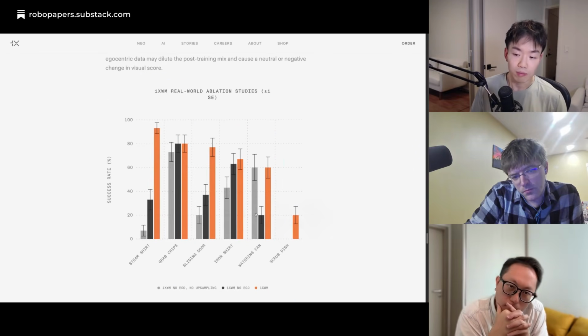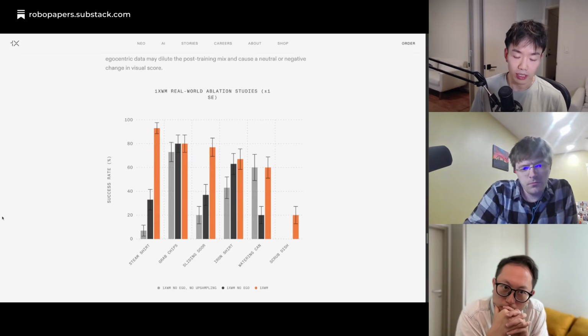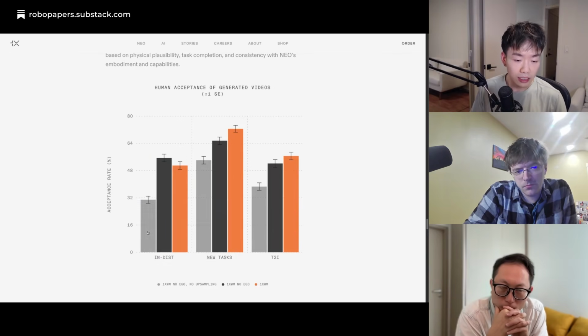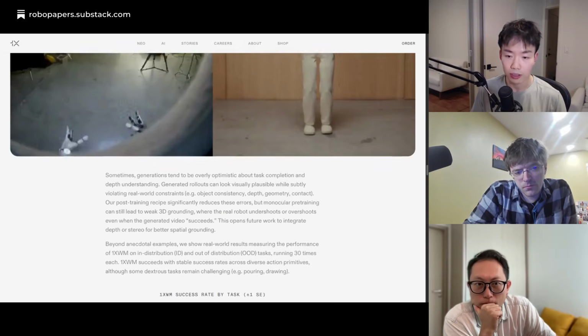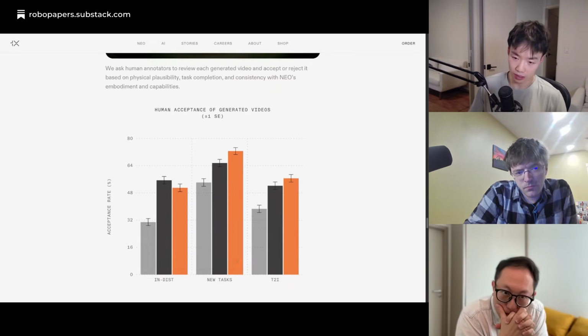So pretty much all the failures on Scrub the Dish for the prior no-ego baselines come from the model not understanding the task correctly. That was a level of control that we got from egocentric. And if you look at the other case you mentioned, the caption upsampling, that was also true. You can look at the ablation results, and caption upsampling seems like it generally helps.